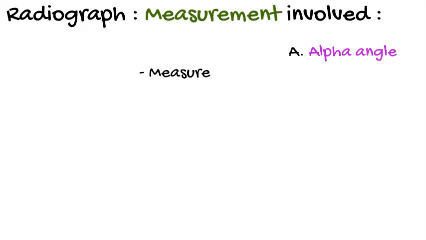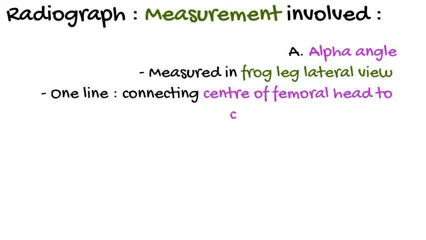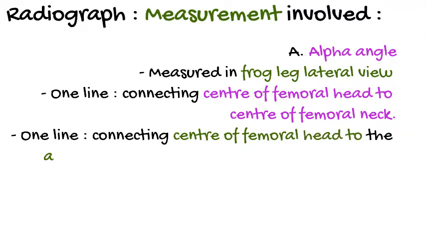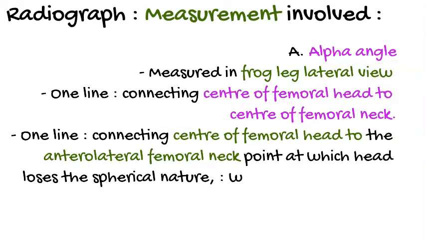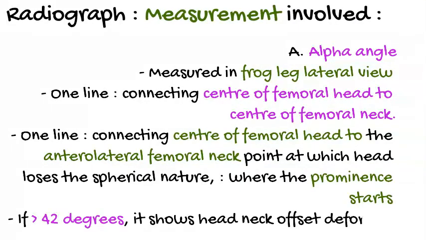In radiograph, measurements include A, the alpha angle. The alpha angle is measured in a frog leg lateral view. One line is drawn connecting the center of the femoral head to the center of the femoral neck. Another line is drawn connecting the center of the femoral head to the anterolateral femoral neck, the point at which the head loses its spherical nature,